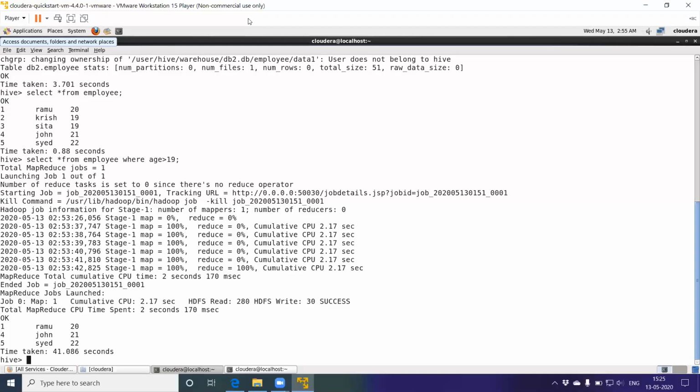We can create a table from another table just using the create table command. For example, create table, say empd, some other name I'll give, as select star from employee, semicolon.